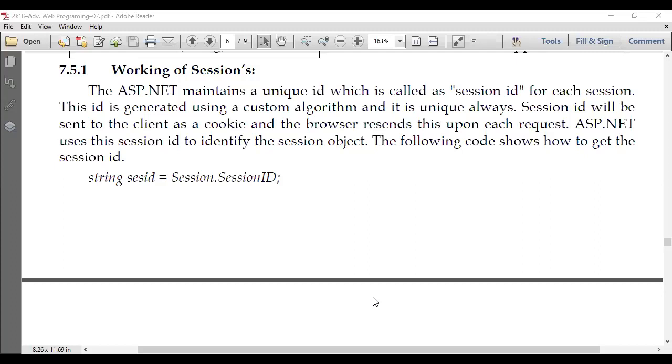But one point is very clear: the session ID for that particular browser is going to be unique always. Session ID will be sent to the client as cookies and the browser resends this upon each request.